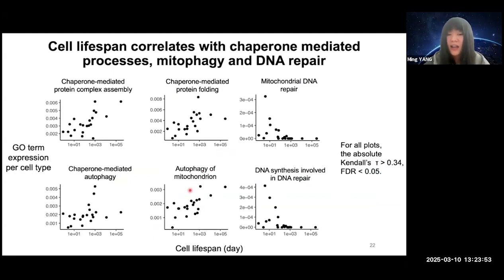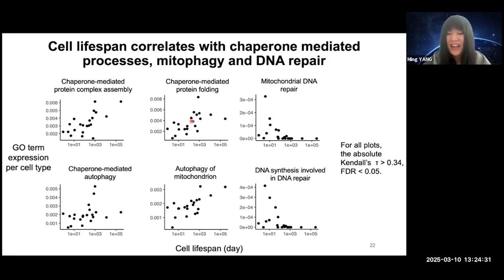So this figure shows the broad pattern. On the x-axis, they show the cell lifespan of different cell types. And for the y-axis, in each panel, it shows the gene expression variability of different functional gene groups. And we observe very interesting patterns. So for protein folding related GO terms like chaperone-mediated protein complex assembly and chaperone-mediated protein folding, we see a positive relationship, which means the cell types which have a long lifespan invest a lot of their gene expression resource in maintaining